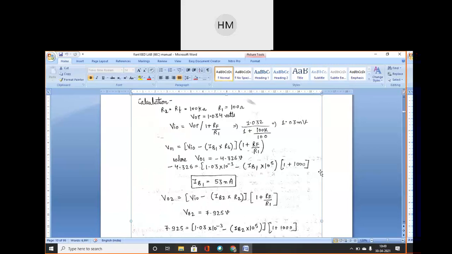So don't make that type of mistake. In the previous semester, many students did many wrong things in the labs, but please don't continue the same things this semester also. Change yourself and write your file in your own writing. Content is already available on the net. I'm sharing all the file contents, the circuit diagrams, everything. But before writing, at least you should read what you are writing in your file. Don't just copy the contents.